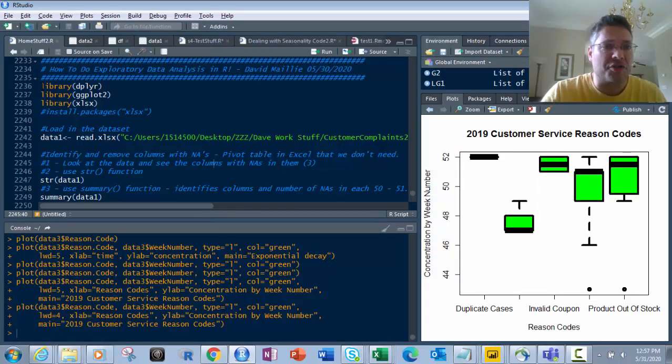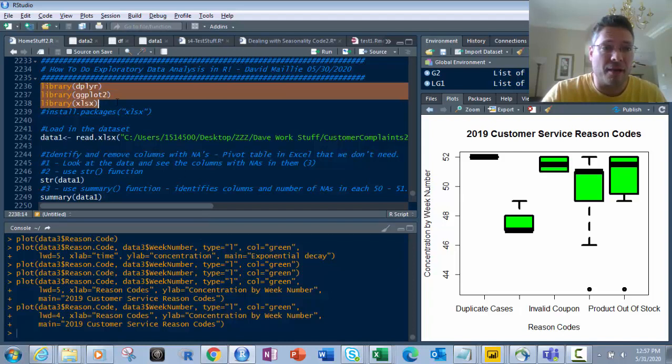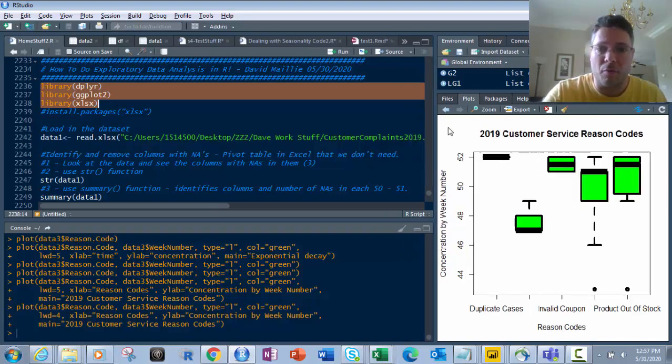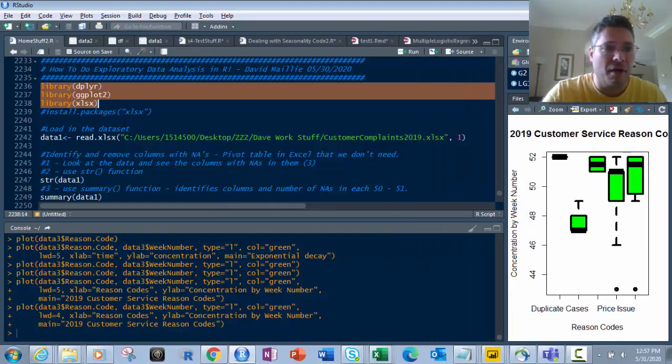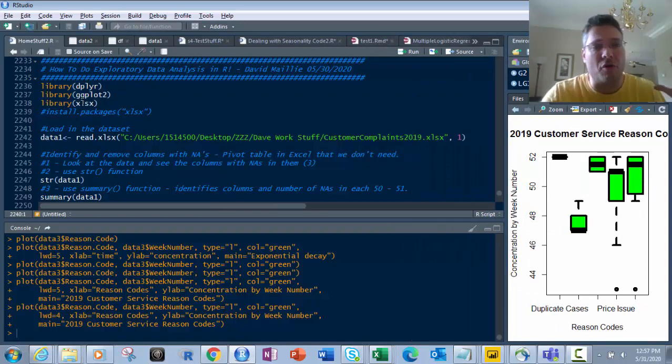So first we're going to start off with the libraries, right? There's three libraries you're going to put in here: dplyr, ggplot2, and xlsx. xlsx is very simple. We're going to use that to pull this from the Excel sheet. So let's open this up a little bit wider so you can see what I'm doing here. Once you've loaded these in, if you don't have one, just use install.packages and then in quotation marks the name of the package. Then once you've done that, you're going to use